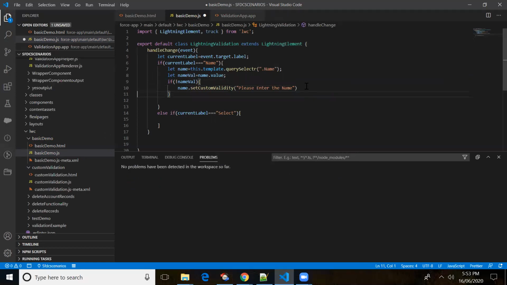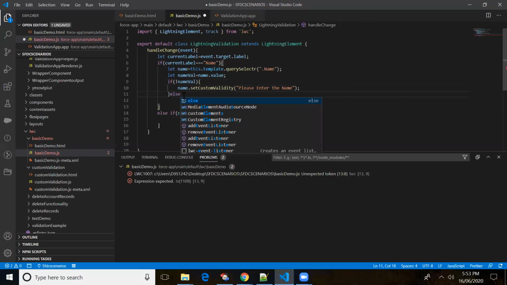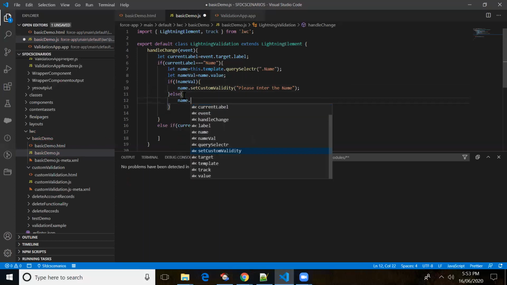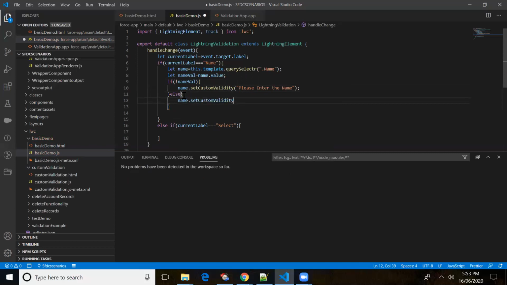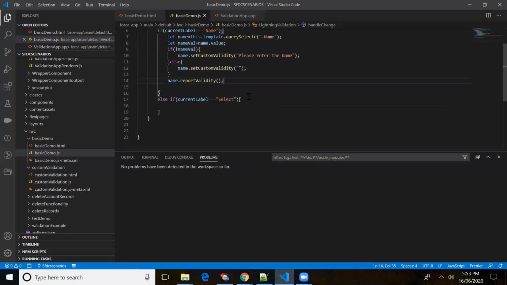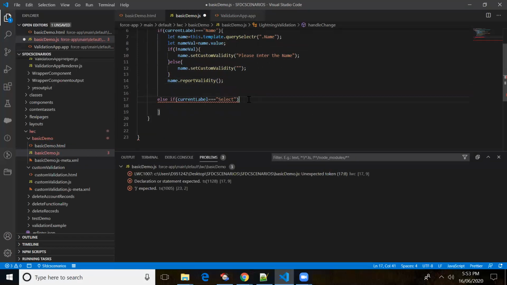Else, if the value is present, then we'll not be displaying an error, so I'll be just setting it to blank, right? I'll be using reportValidity because I want to display the error. In order to display the error message, we have to use reportValidity, right? So that's it.